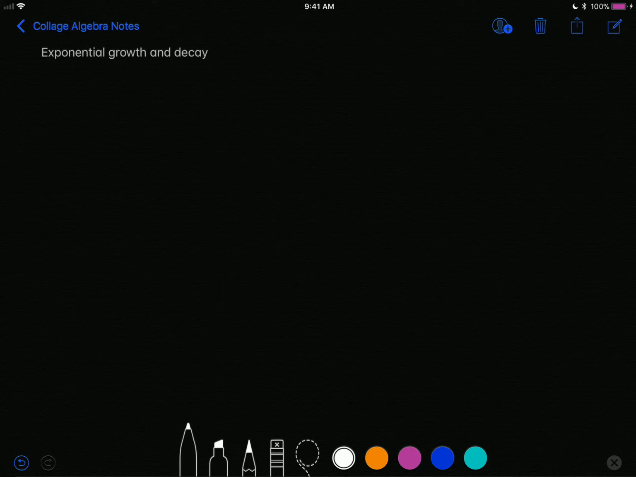Okay, today we'll be looking at exponential growth and decay. We won't spend that much time on this topic, but if I have an object, item, or concept that's following what's called uninhibited growth or decay,